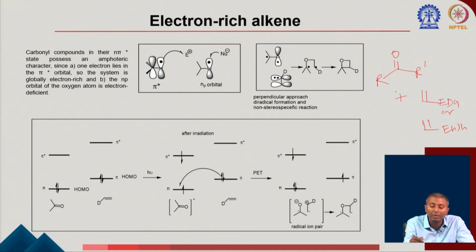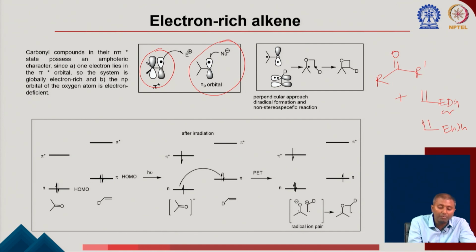If you look into your np orbital, which has a single electron on the oxygen, that is actually electrophilic in nature. That means it can only interact with a nucleophile or with an electron pair or with a pi electron cloud. Then in the pi star case, pi star is actually nucleophilic, so it can interact with an electrophile. That is a very important fact, because based on that you are going to see here